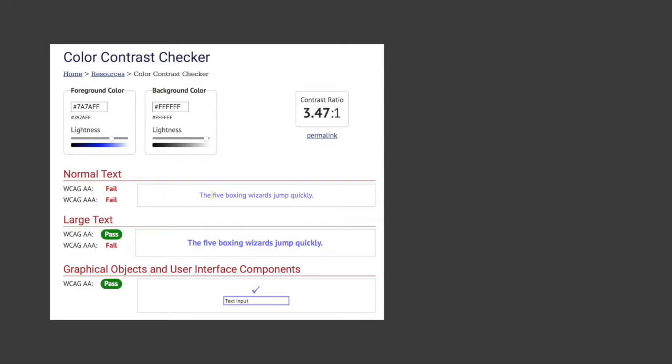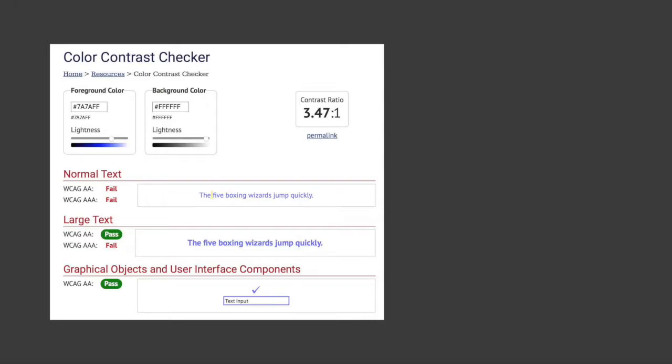You can plug in your hexadecimal numbers and get that directly from your web code or Photoshop or whatever you're working in, Sketch. And it'll let you know whether or not you're passing or failing. And what I mean by that is the WCAG puts out these accessibility guidelines.